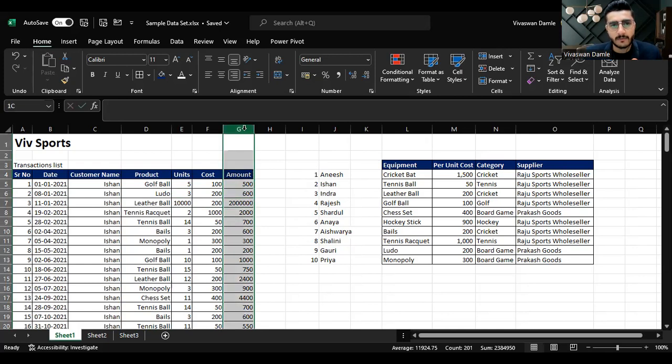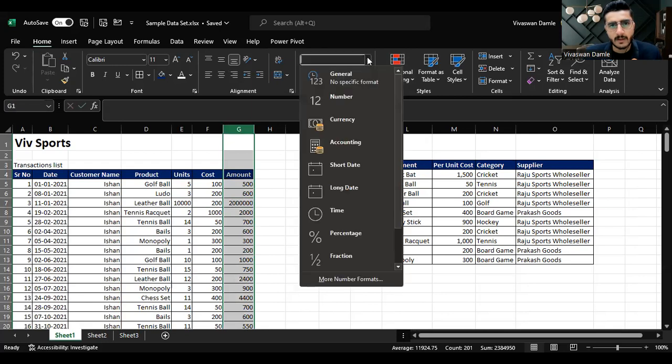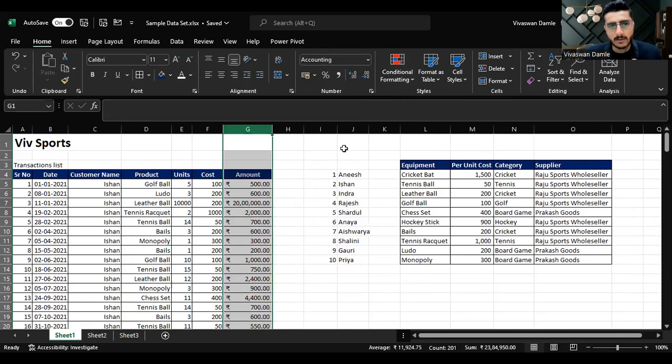So for this, if you select the G column and go to accounting, it will give you rupees and it will give you the commas that are there in between. So now it is easy to understand that, okay, this amount is 20 lakhs. And then in the number tab for the dot zeros, if you click this button twice, then the decimals are gone,